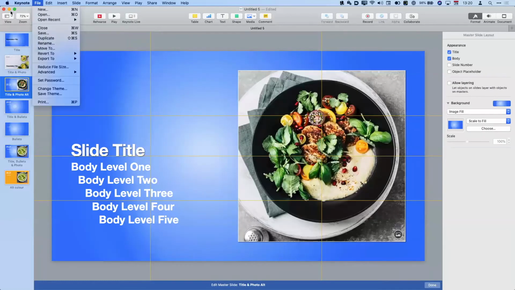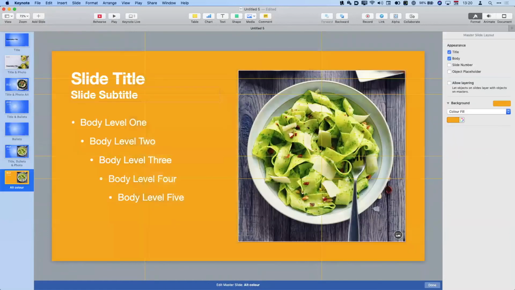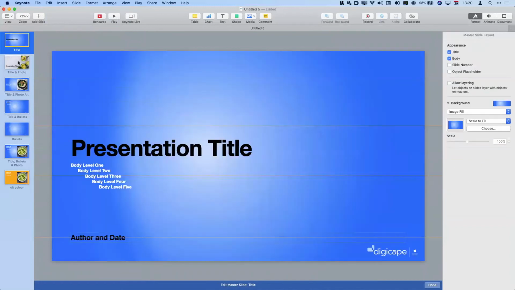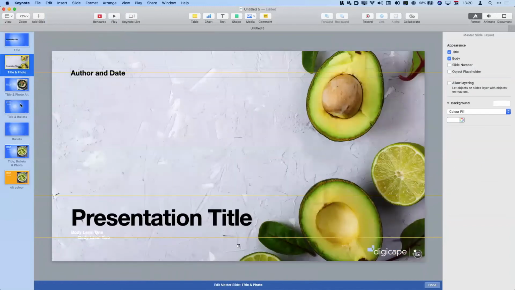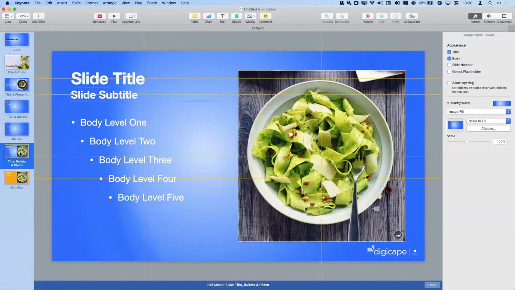So all I have to do is go to the next slide, and I'm going to use a keyboard command, Command V, Command V, Command V, and so on. And now when I go from slide to slide, there will never be a jump. That image will stay in exactly the same position. So now if I exit my master slides